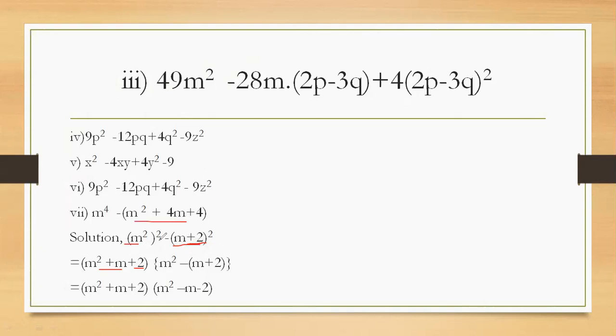But this is in another formula. Look, the A square minus B square formula: A plus B, A minus B. Open the bracket, minus plus minus here, minus 2 will be here. These are the two factors. This is the different question that I solved here. The others are 4, 5, 6. Okay, these three questions are similar to the previous one. And if it is difficult, then you can share your difficulties with me and I will help you.